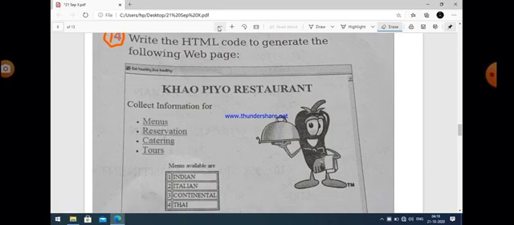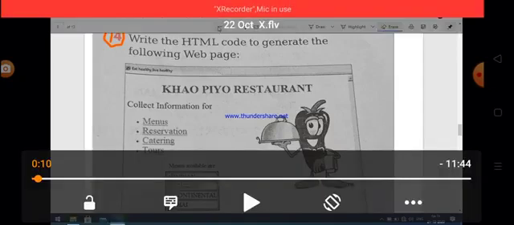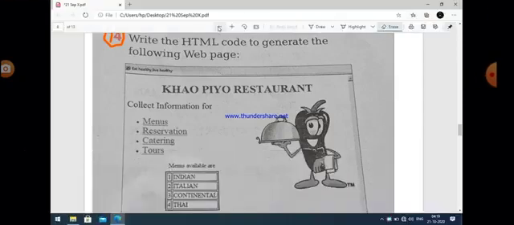You can easily see here that in this program it is asked that write the HTML code to generate the following web page. So we have to generate this given web page, and in this web page you can easily see that there is a heading, an image is also there, and an unordered list is also here.